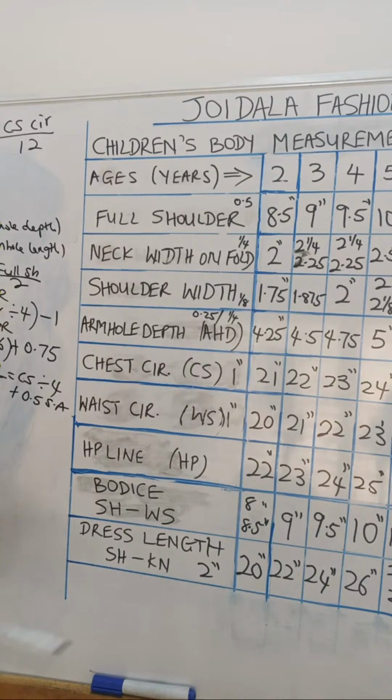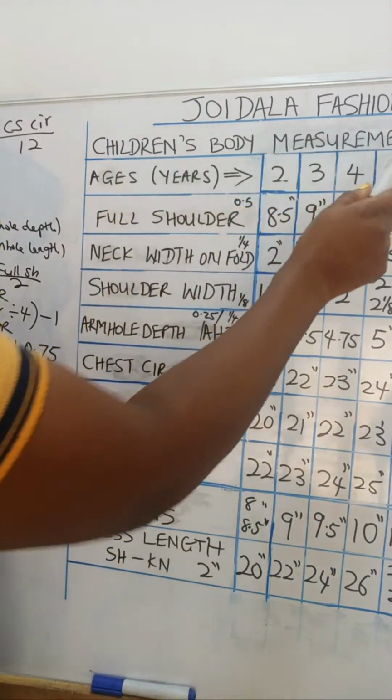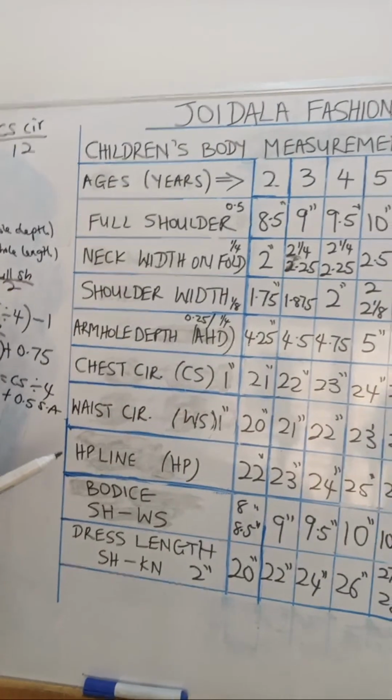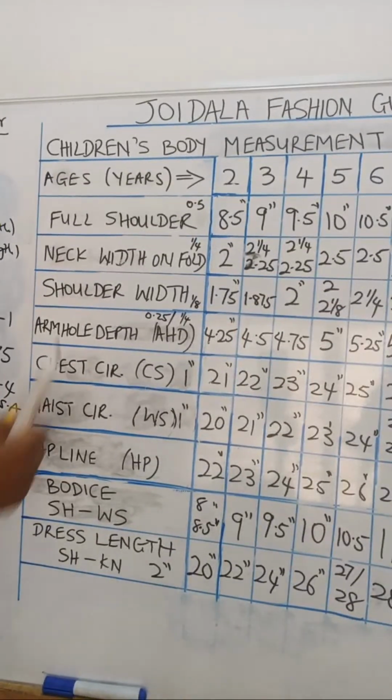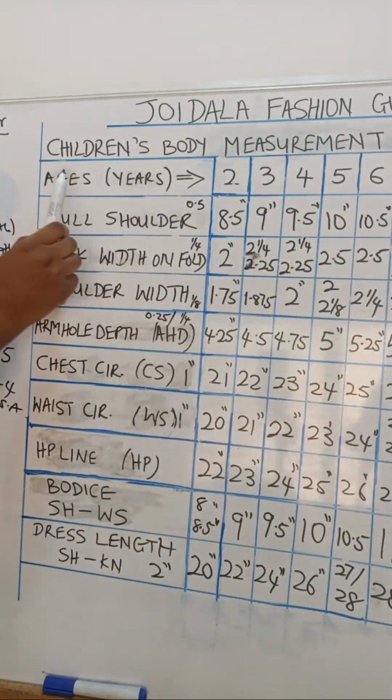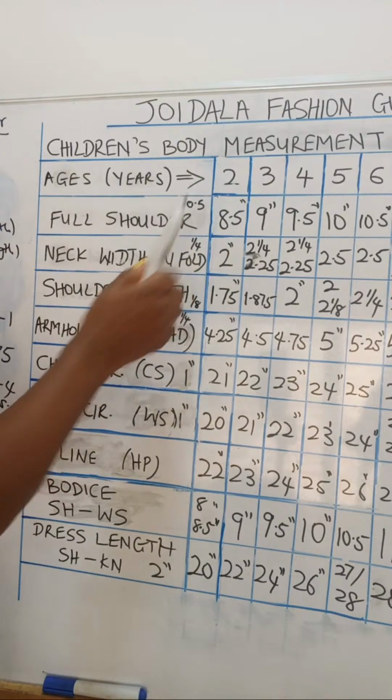Okay, this is the children's body measurement chart. It is in inches. The chart is in inches. I'm going to explain how I derived this chart. So the ages I'm working with on this chart,